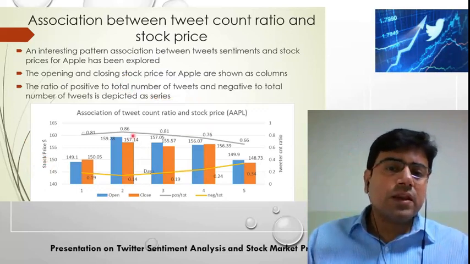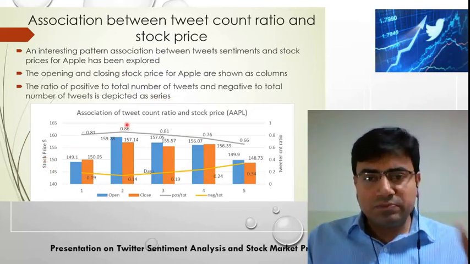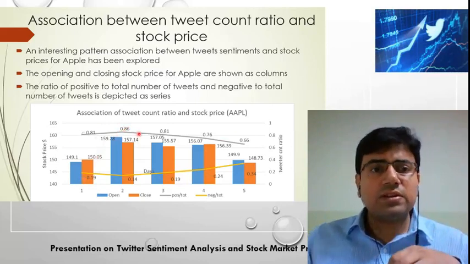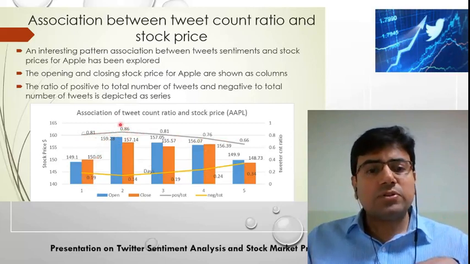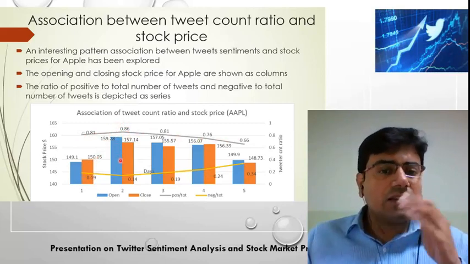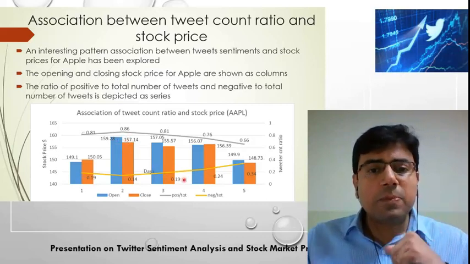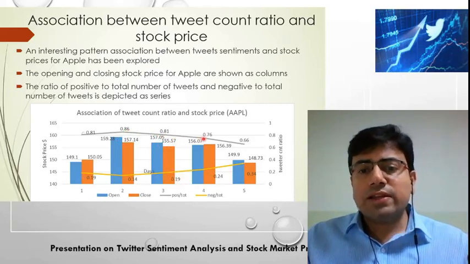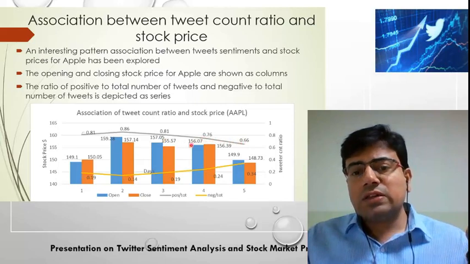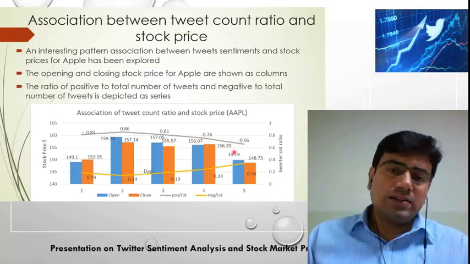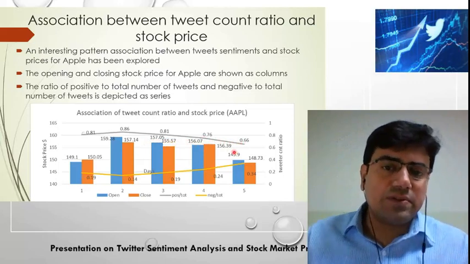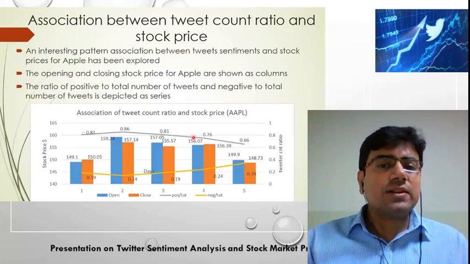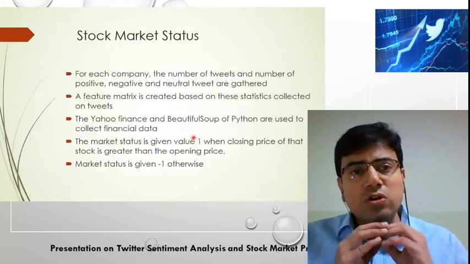For example, here in this chart is the distribution of the stock market against how the sentiment score is changing. Here, if the positive score is 0.86, we can see that the stock market value also goes up, and if the sentiment is coming down, like 0.86 and 0.81, 0.76 and so on, the stock price is also decreasing similarly. So we can see that there is an association between how the stock prices are varying and the sentiment that is present in the tweet. This is further utilized to predict the stock market status.